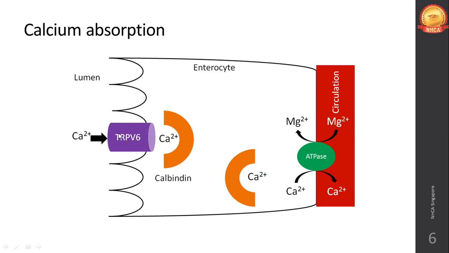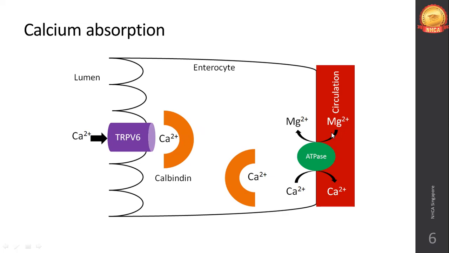Okay, so the calcium has a specific channel. Through this specific calcium channel, absorption of calcium takes place. Okay, and as soon as the calcium ion enters the small intestine, you can see this orange C-shaped structure. This is called the calbindin. It's a protein. Okay, so calbindin is a protein. Only with the help of calbindin can the calcium ion travel across the cell. Okay, without calbindin, calcium ions cannot travel from point A to point B. Calbindin is required so that the calcium ion can travel across the intestinal cell, go on the other side and be released into the